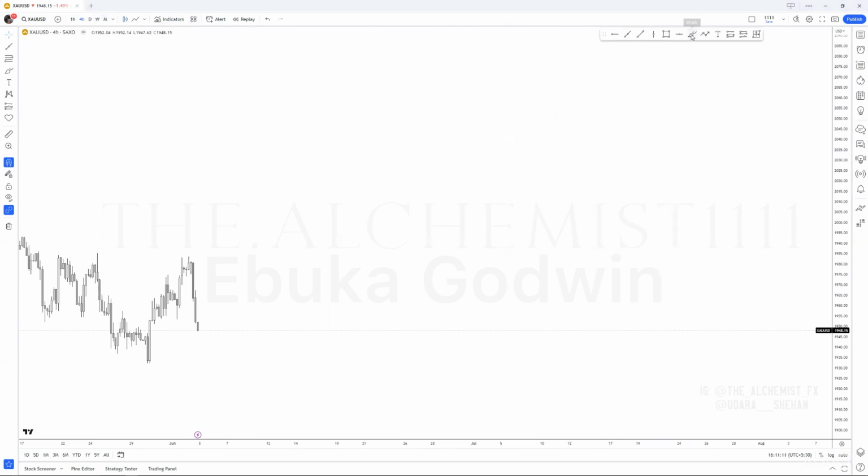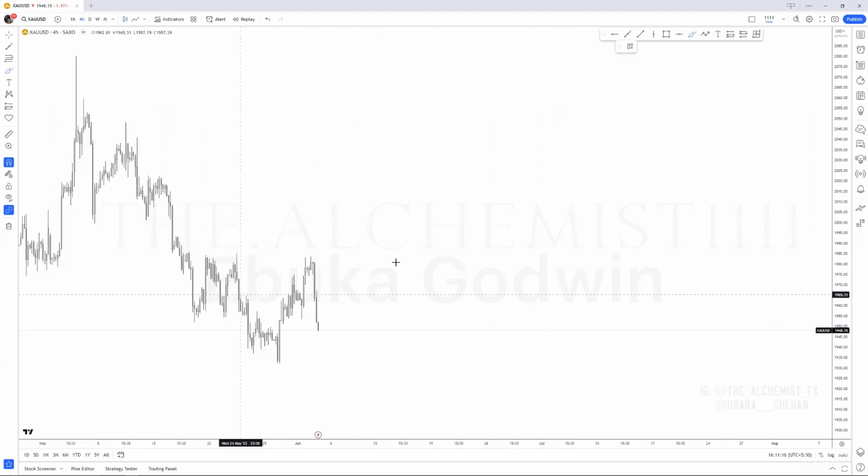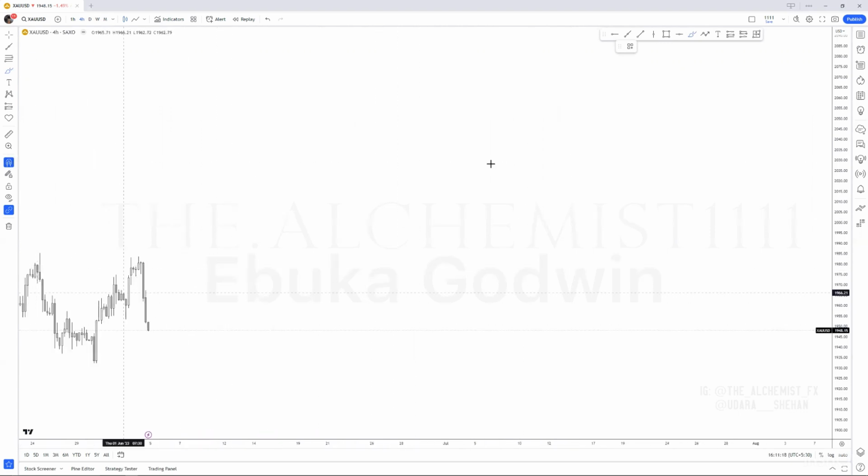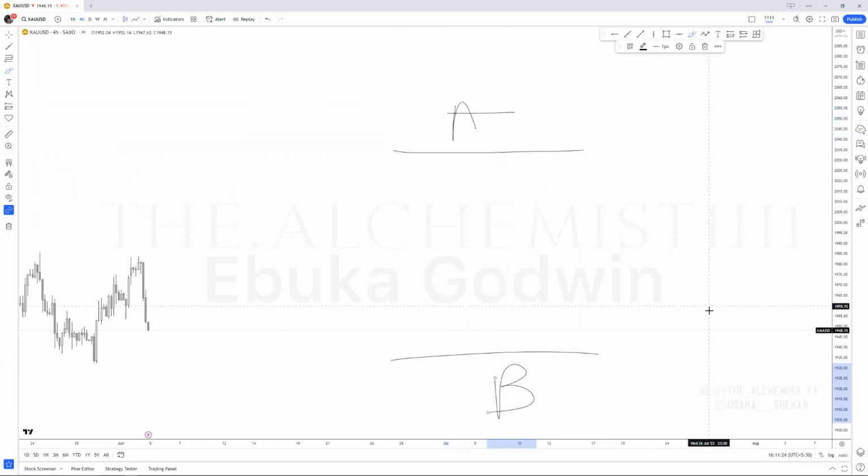Because now there's the thing. Let's say, just a simple example. I know you guys might know this, might not, so I'll just make it simple. Let's say we have something from point A to point B. We have something like this. Now we know that daily is bearish, so this is what we're expecting. We're expecting the daily time frame to drop from here to here.